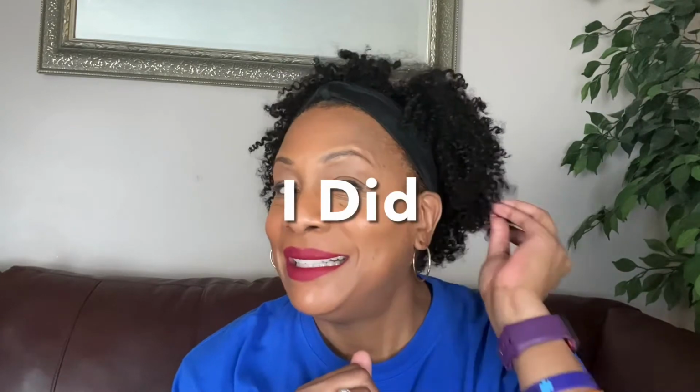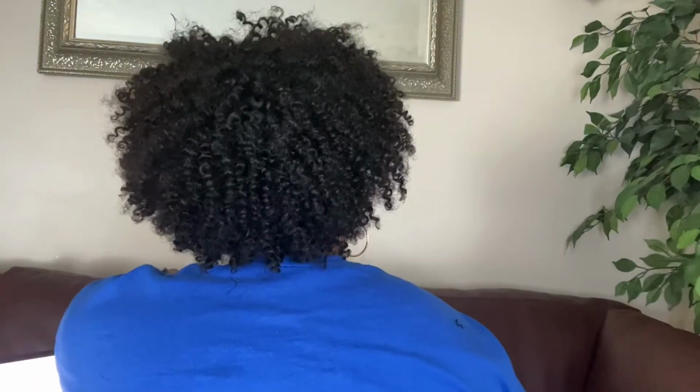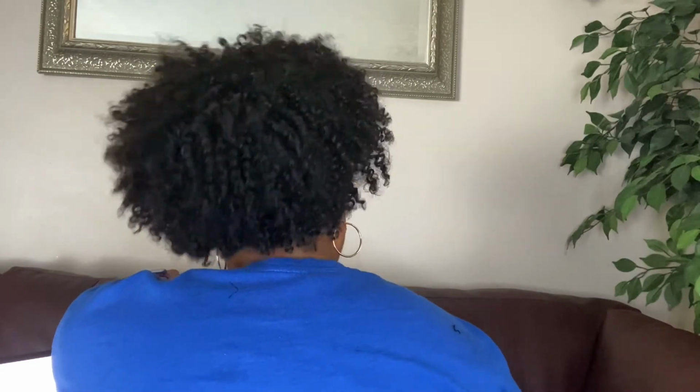I don't know if I should wear this to church tomorrow or not. I'll make sure to put here on the screen if I decided to wear it to church. Let me show you the back. What do y'all think? Is it a yes or no? I mean, it was easy to put on and it is cute. And again, I won't have that part. I will slick my hair all the way to the back, but I wanted to wear cornrows. So how can I wear cornrows to the back? I was planning on doing my cornrows this way, not to the back, but